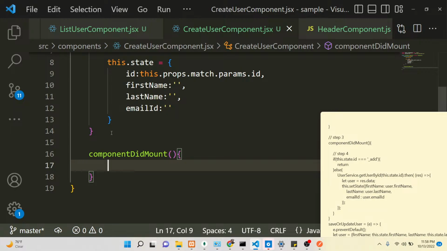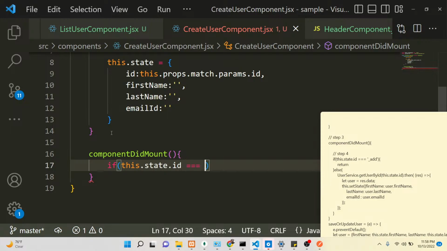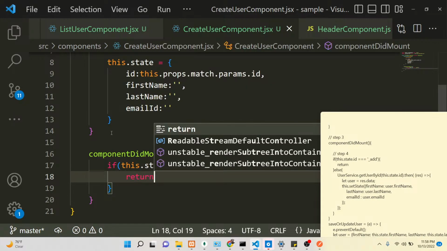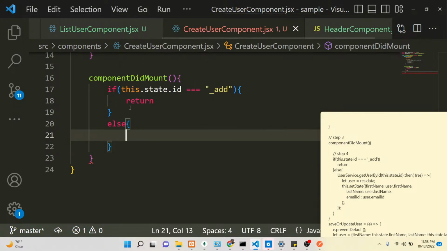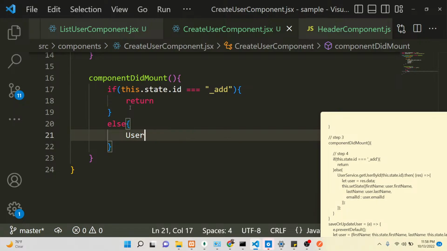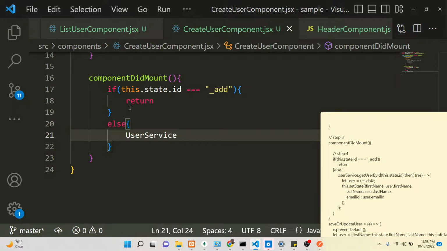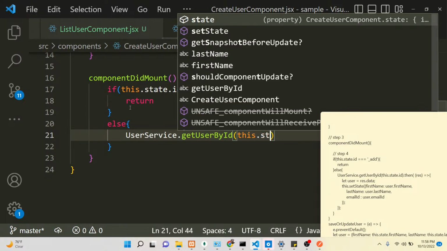So here we will simply compare that if this.state.id is triple equal to _add, in that case we will simply return, but if this is different, in that case we will simply say userService, because this is the call for the update user. So here we will simply say getUserById, this.state.id,